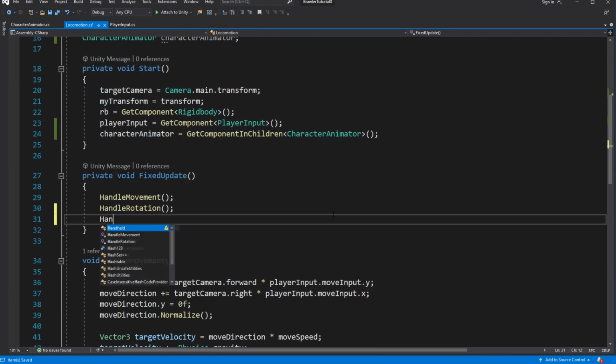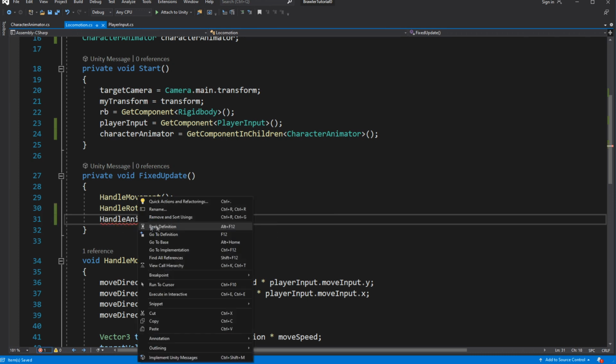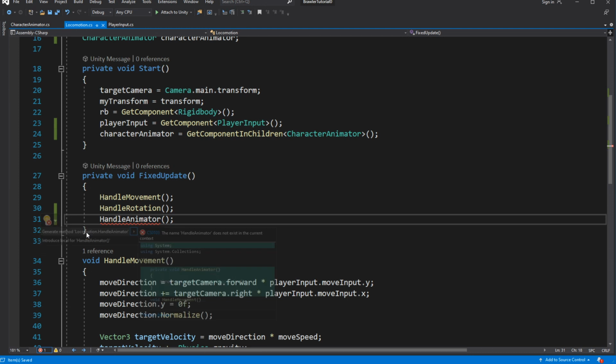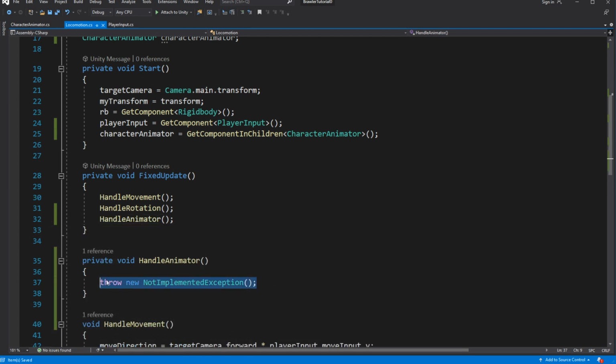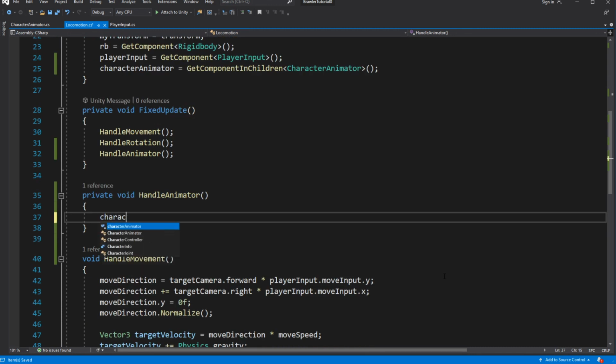Then create a new method called handleAnimator. Inside, pass the magnitude of the player input, move input, for the forward motion.